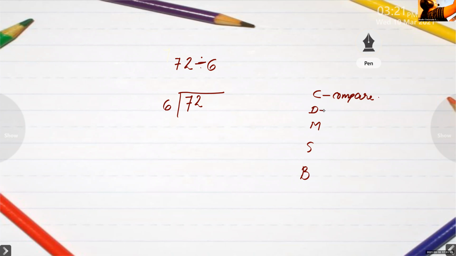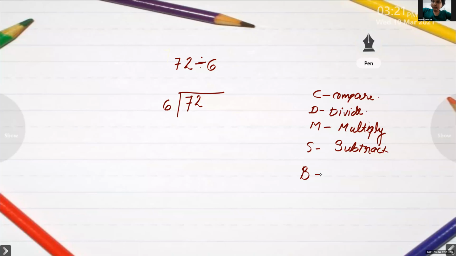Next, D is for Divide. From the table, you will get the quotient, then the division step is over. You have to write the table and check, then you will get the quotient. Next, multiply. In the multiplication table, the quotient we are selecting, along with that we will get a product that you can write down to the dividend that we have divided. I will show you an example. S for subtract. B for bring down. No need to copy down.